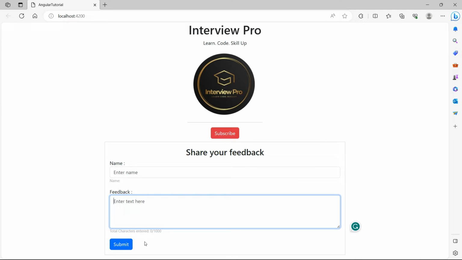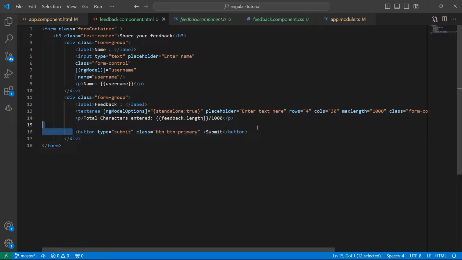This submit button is enabled, allowing users to submit the form even if there is no data, which is not good. Let's do one thing. We'll disable this button when the form is empty and enable this button when we have data for username and feedback. If we look at the button HTML code, we use the class called